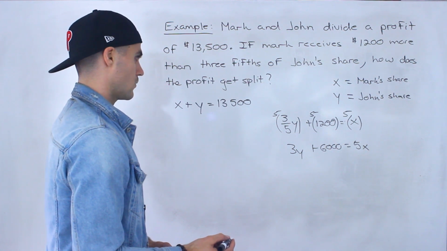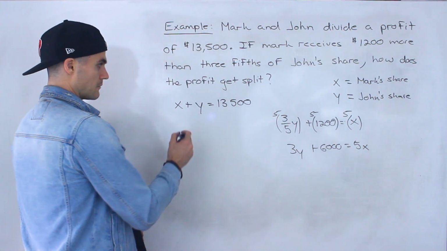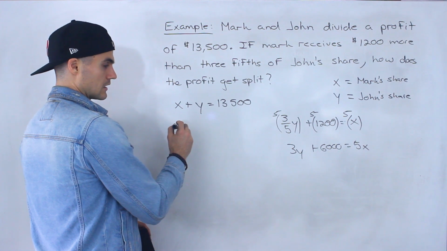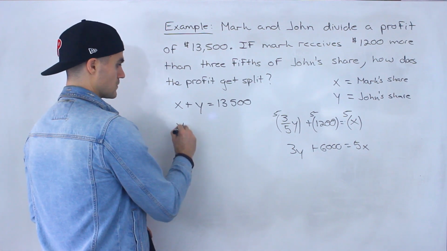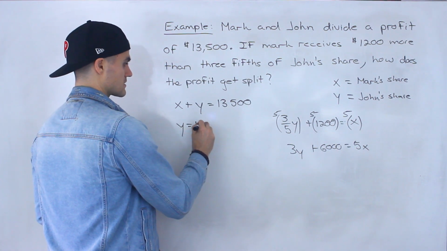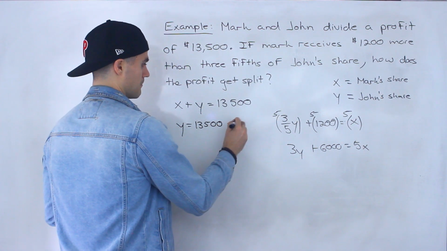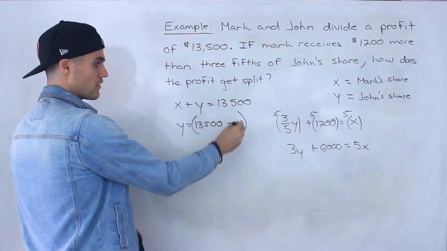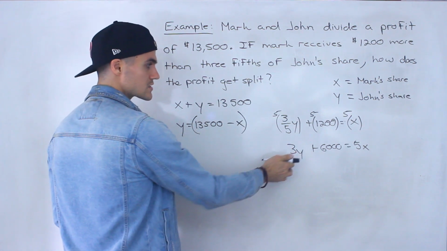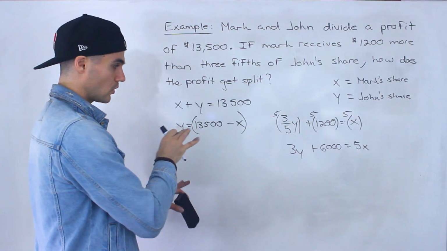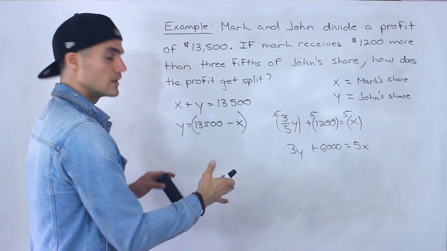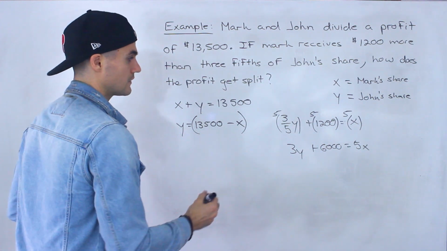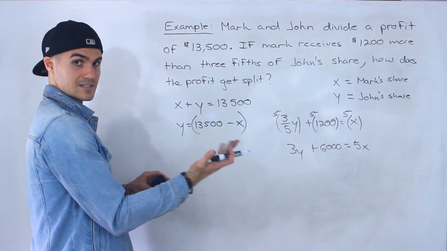And then what I'm going to do is isolate for the y here. So we would have y equals 13,500 minus x. I just brought this x over, and I'm going to sub in this expression for this y. Now again, you don't have to be going down this road that I am. There's pretty much an infinite amount of ways that you could solve this,